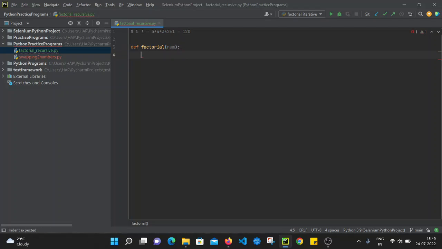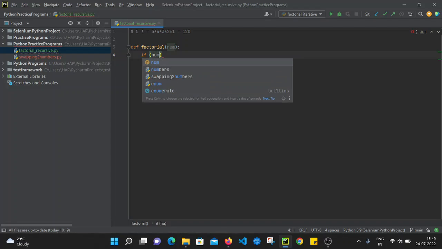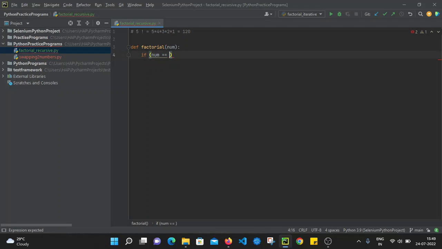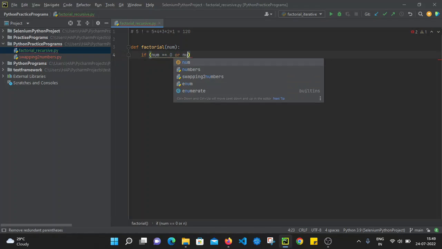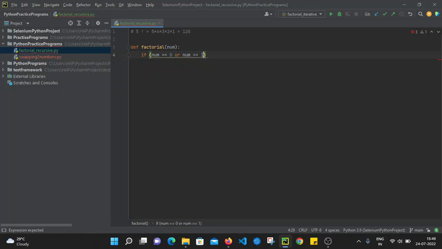And in this function we will just use the condition if the value of num equals 0 or num equals 1. In this situation it will return the factorial value as 1, because the factorial of 0 or 1 is always 1. And in the else condition we can simply return num, that is number,